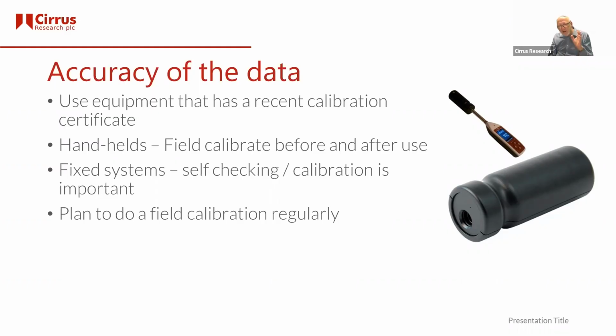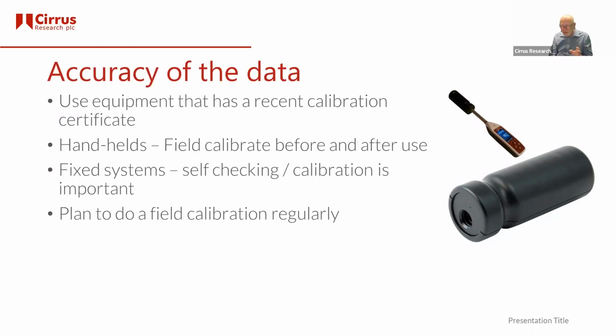With a fixed system, a lot of these typically have some sort of a self-checking or self-calibration function, so they'll automatically self-check themselves a number of times a day. Usually, people typically do it at maybe 1 or 2 o'clock in the morning when it's nice and quiet. They'll check themselves, and you've got a log then of the accuracy of the system, and you can see whether it's starting to trend or drift at all. And you can make a decision about whether that information that you've measured is accurate or not.